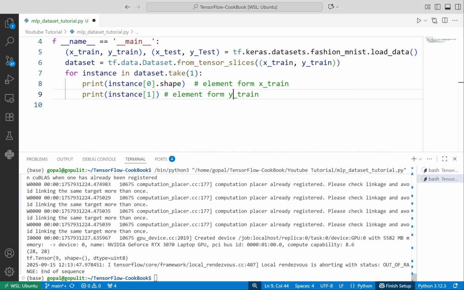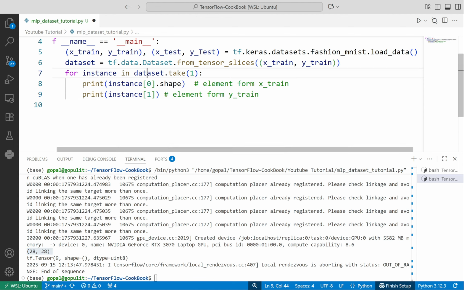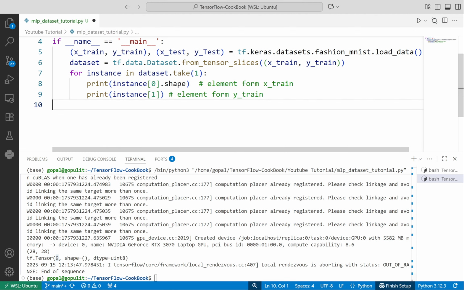Now it says that the first element is 28 by 28, and this image is nothing but the y label 9. So for every element this dataset will return an instance in which the first part is the image, and the second part is the corresponding label.